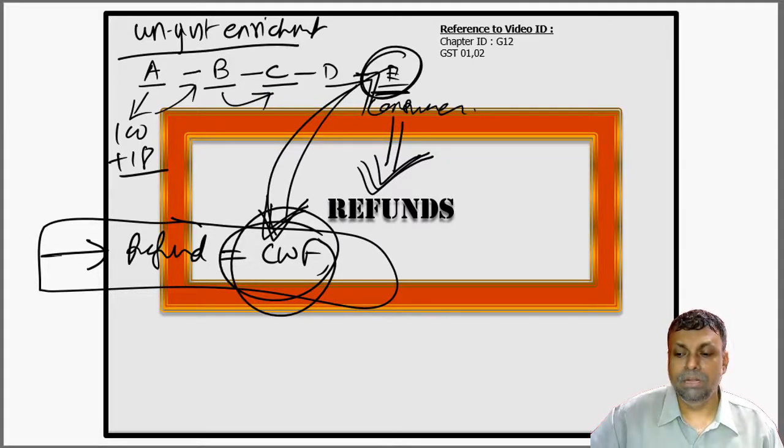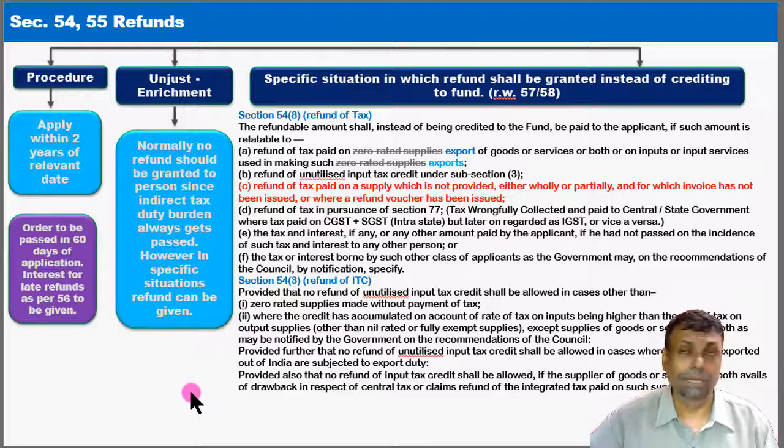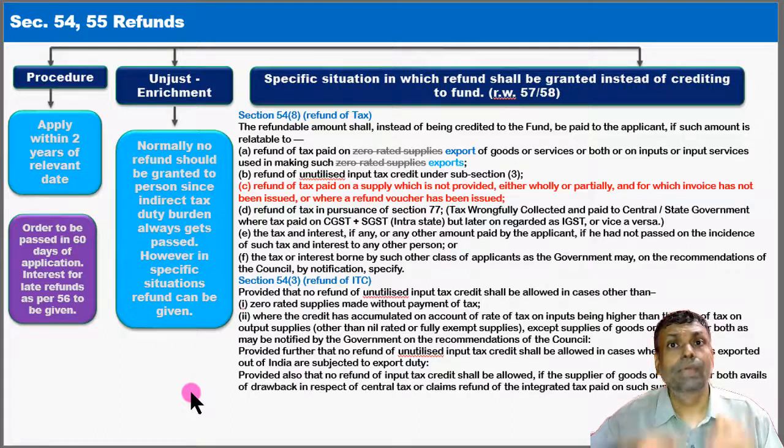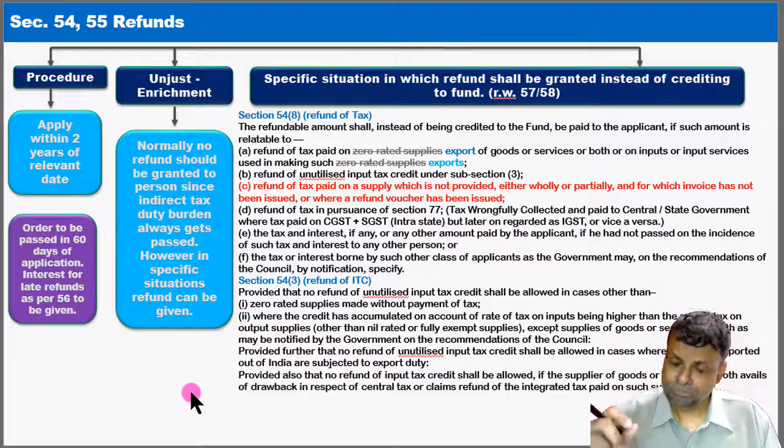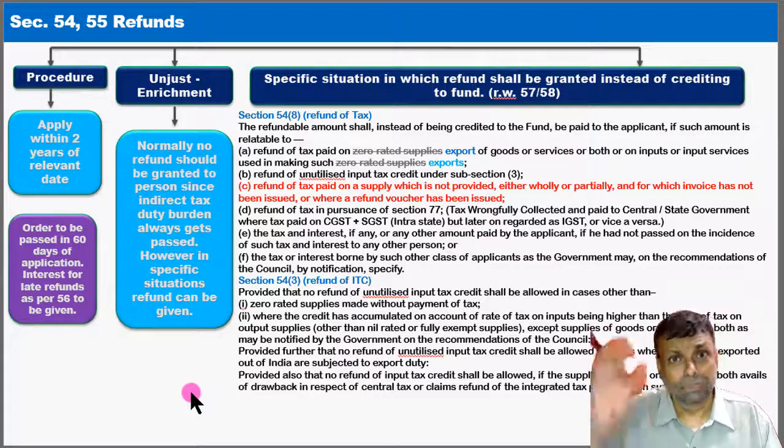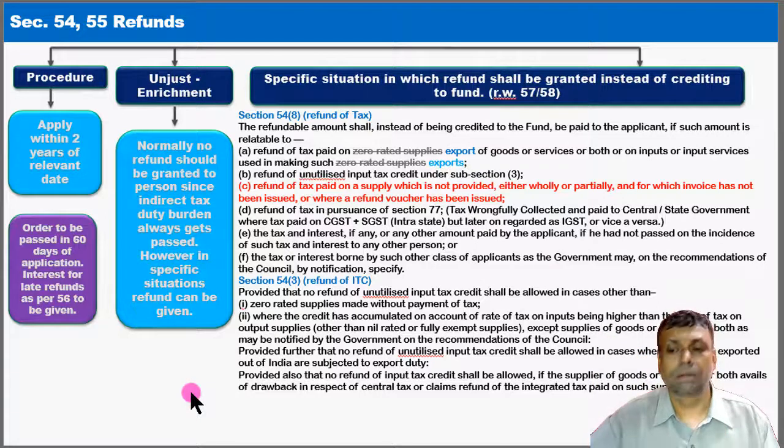Second thing, friends, you should always remember the refund never comes automatically under the indirect tax law. I repeat, refund never comes automatically under the indirect tax law. A refund is a procedure where the taxpayer has to make a claim to the government that, I am entitled to this particular money. I do the documentation and you process that refund claim, and then the department has to get back to me saying that we pass the order, you get the refund or you don't get the refund depending on the situation. In other words, refund is not an automatic process. The refund is a subject matter of procedure, and only if the procedure is correctly done within the time and with the appropriate documents and the appropriate claims is the refund available.